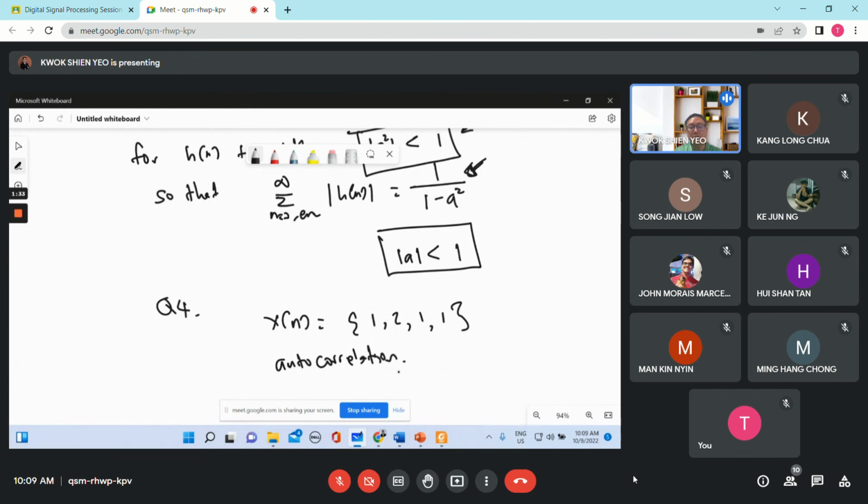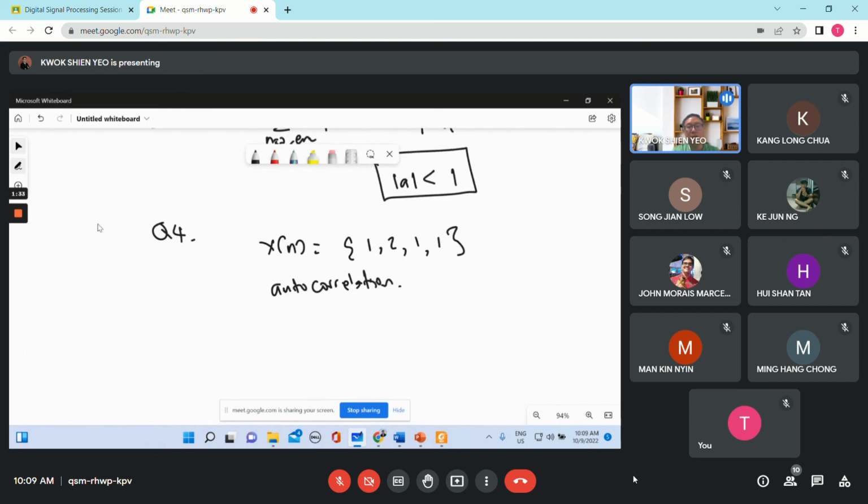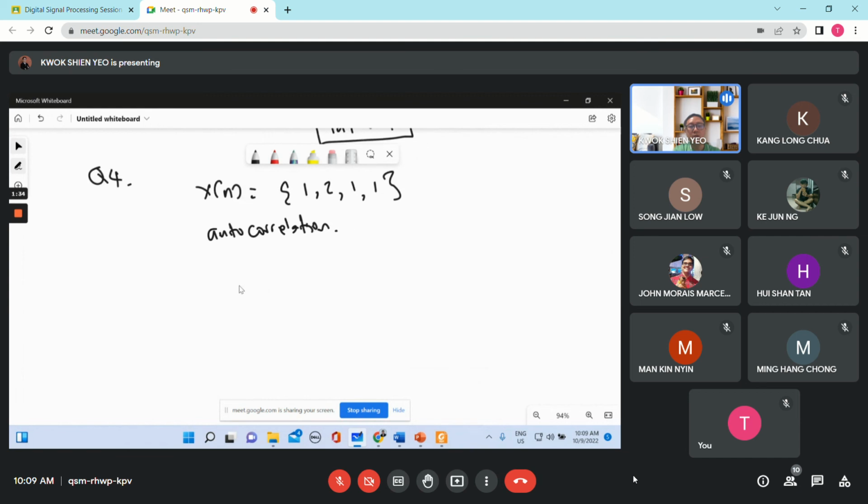Autocorrelation means you correlate the sequence with itself, so xn correlates with xn. If it is only correlation, then there will be xn and yn, two different sequences to perform the correlation equation. So let's look at